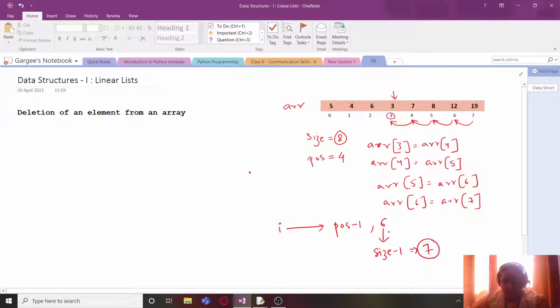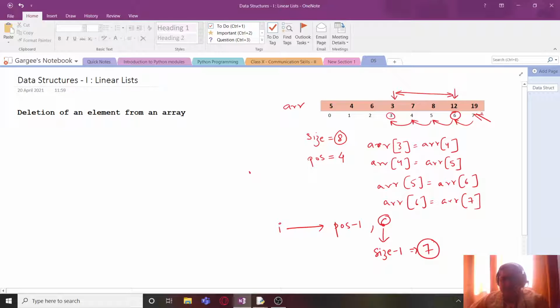7, and we can consider that 7 as the stop index, because in that case I will take up values only till size minus 2, that is till 6. So we have to traverse the array starting from index 3 and stop it at index 6.